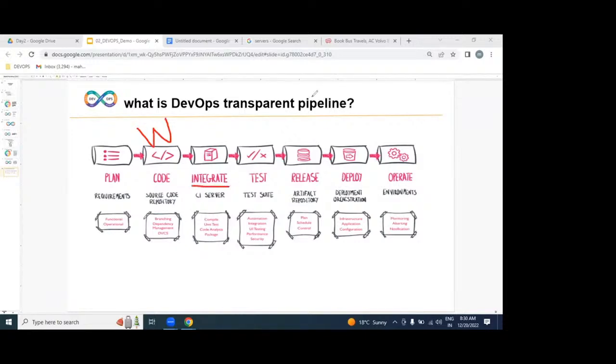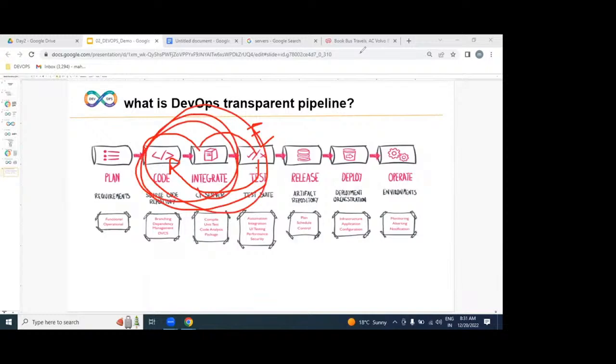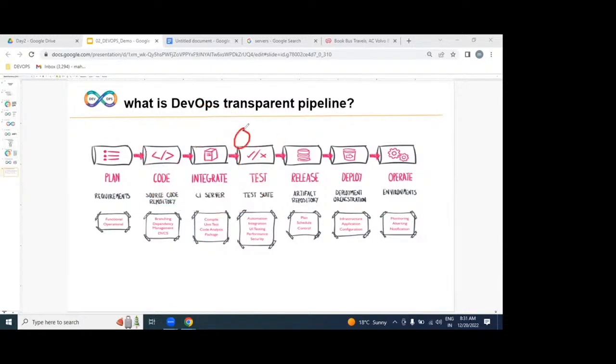Once it is integrated, we need to verify whether the software is working or not. That is the reason we execute test cases, but we are not writing any test cases, which are written by testers; we are just integrating them in this process. If we get any issue or error, it is automatically redirected back to the developer. The developer has to fix the issue, then again integration, again testing. This loop repeats until zero errors. Once there are zero errors, we call it working software.